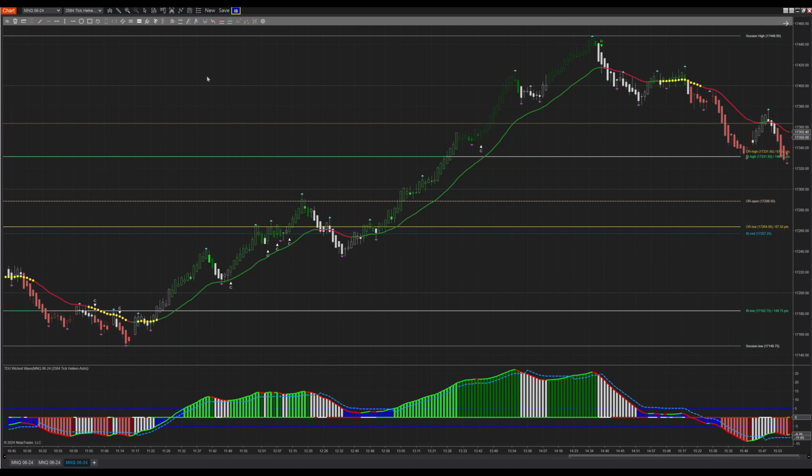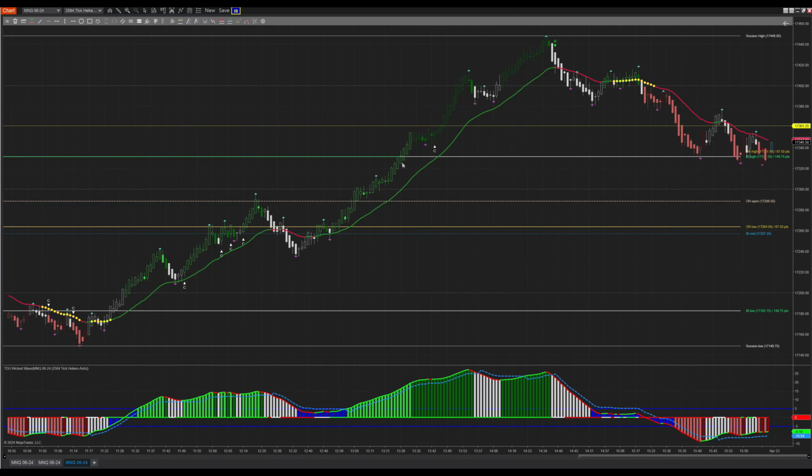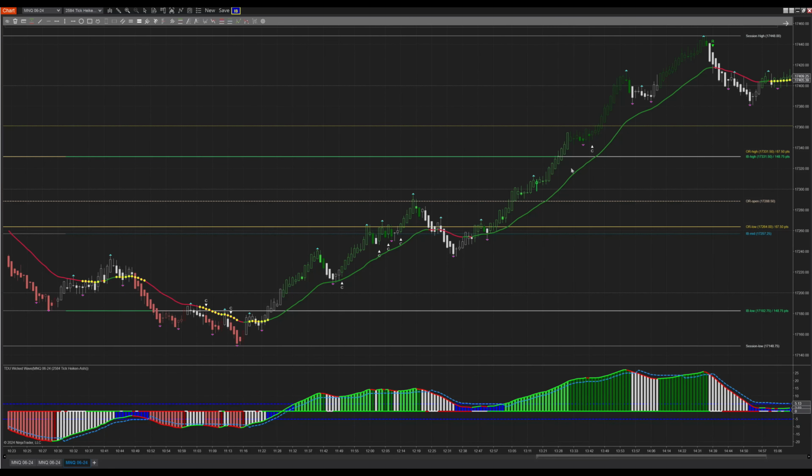So if you wanted to, again, just to use this as an easy example, if you wanted to use the break of the fractal here, okay, well now you're coming right into the IB, right? That's natural resistance. On this day, the trend is so strong, it just blows right through it. That's not a trade I would take, because I know that was the first test of the IB. But when they want to break it, it really shows. If you're looking at a footprint chart, you could have seen that was a massive bar that went right through, because